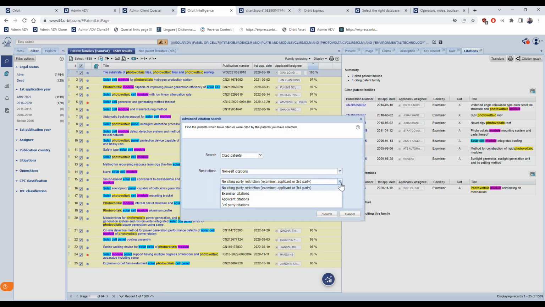You can focus only on citations done by the examiner, by the applicant, or by a third party. And if you're doing novelty searches, this could be an interesting option for you, novelty or obvious rejection codes. And then run this search.